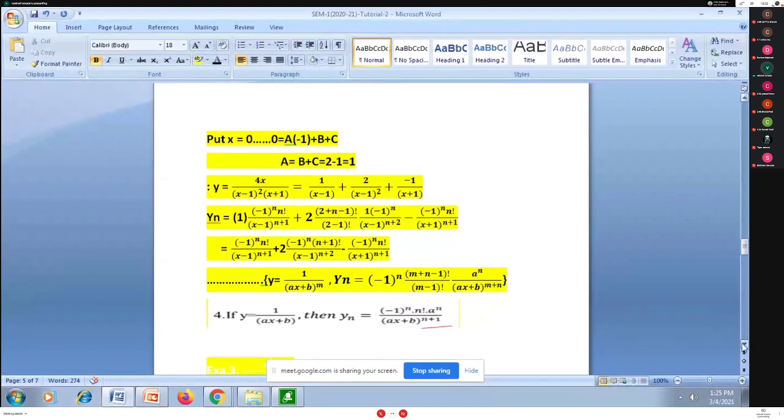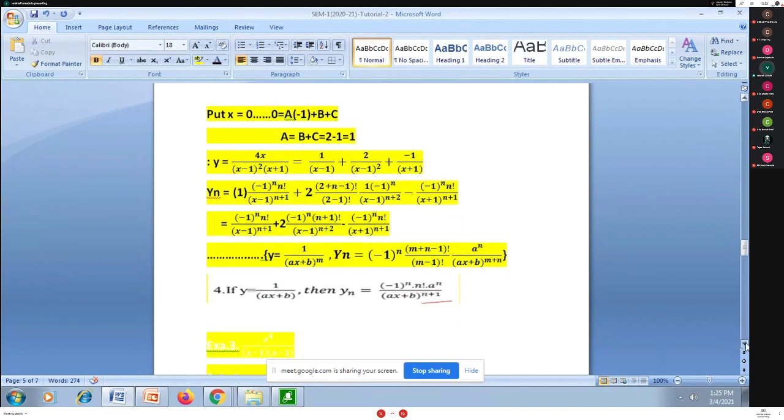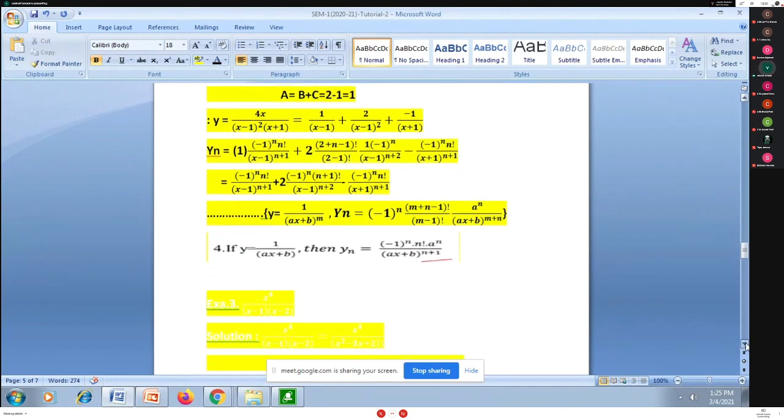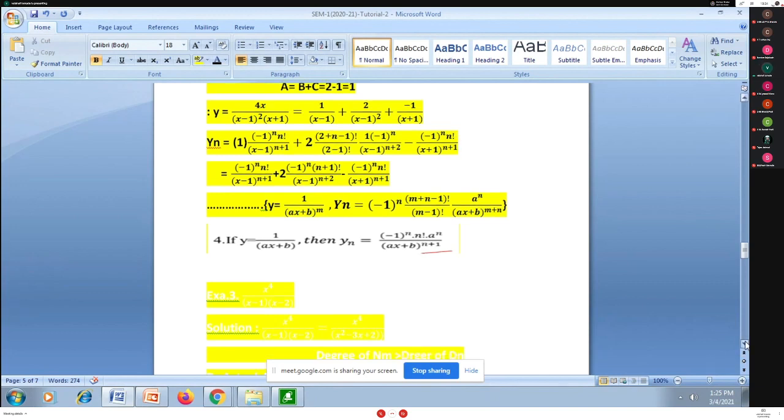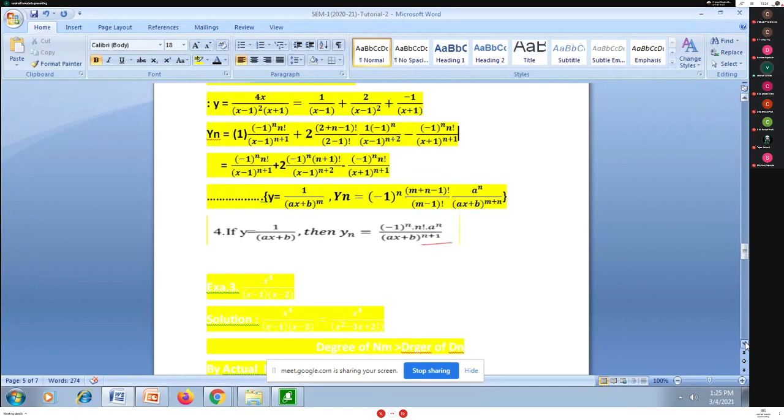Yes, so like that way for this example at the same time I have to use two formulae in one example here. Like that I'm sharing with you two examples: in the first example I am having degree of numerator less, with linear and non-repeated factors. For the second example I'm having a combination of linear and repeated factors here.